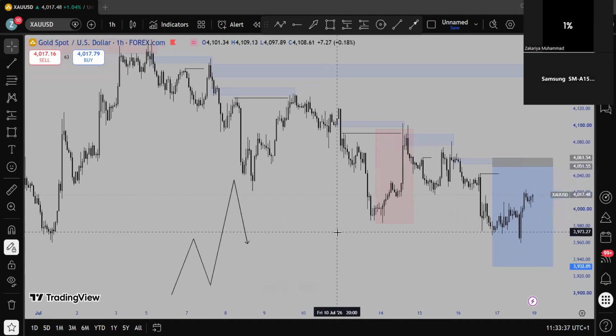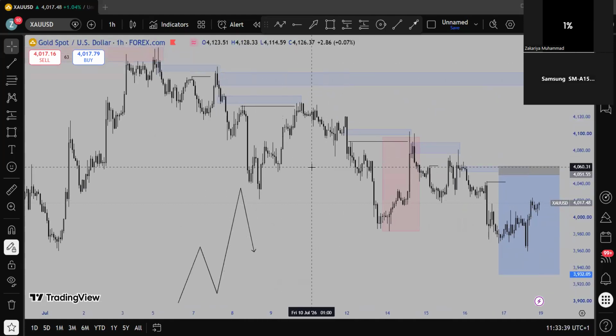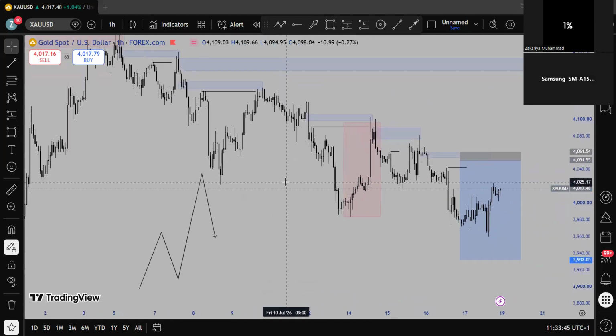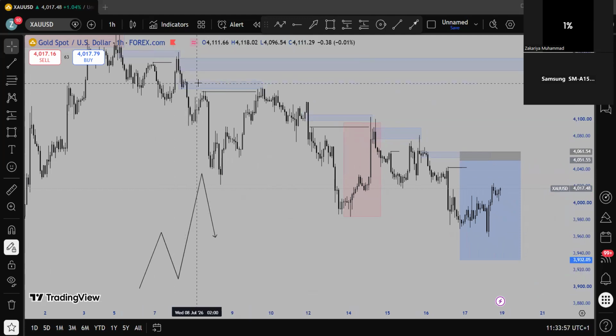Even if you did not catch any of this move, the first thing you're going to do is read this structure, what the market has been doing. If the market wants to buy, it is buying. Look for the structures the market is making. Let's say you did not see this first one, the second one, or this third one. Based on what you can see, what the market has been presenting you at the moment, you know that definitely the market is printing a bearish structure and respecting structures.